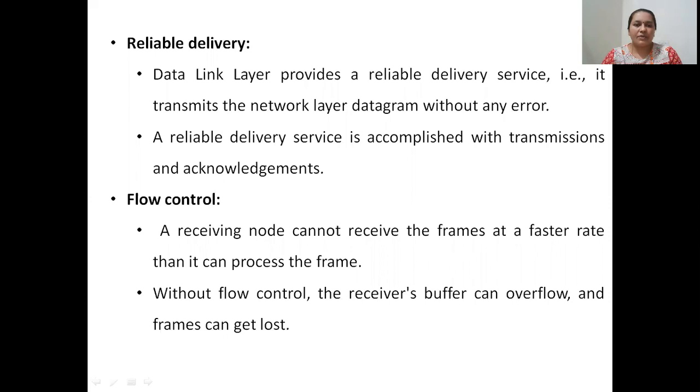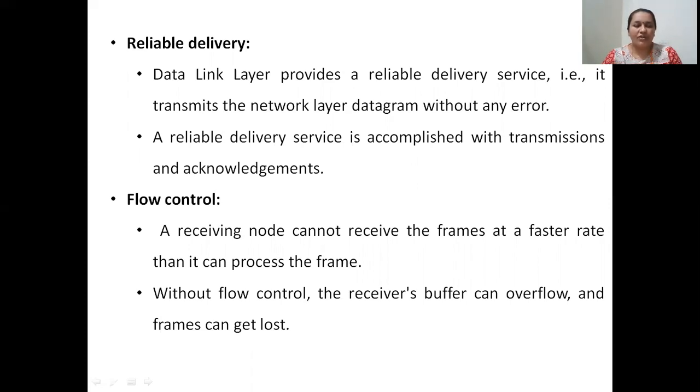The data link layer provides reliable frame delivery over the network through its transmission and acknowledgement service. The sender data link layer transmits a frame to the receiver. Upon receipt of the frame, the receiving data link layer sends back an acknowledgement to the sender. Thus, the sender will get a confirmation about whether the frame it sent recently was received correctly by the receiver or not.